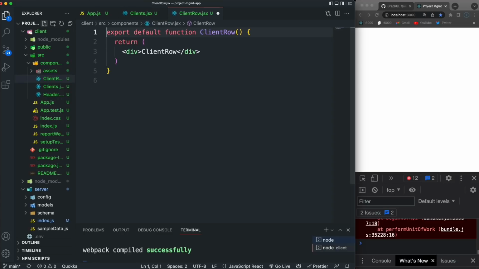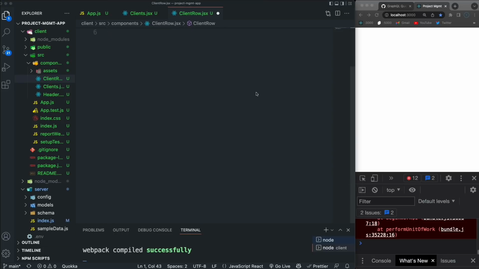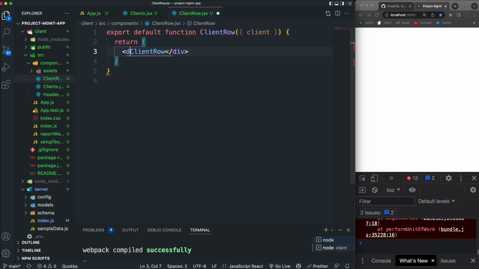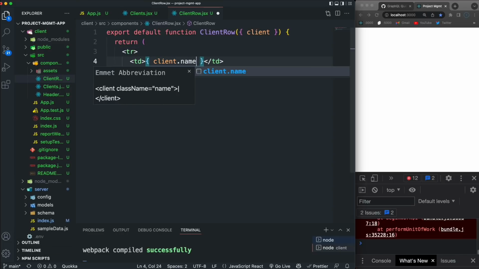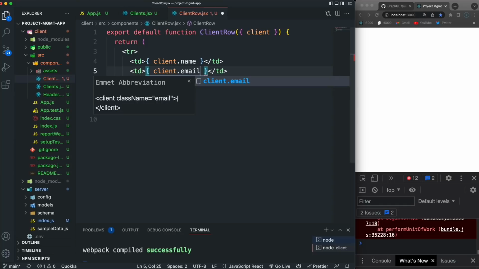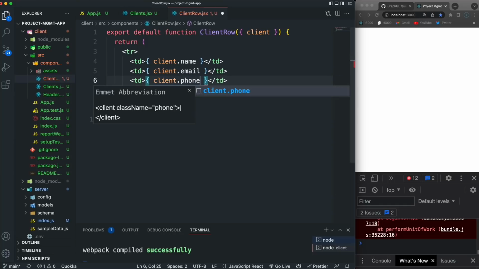All right, and then as far as props, it's going to get passed in the client. So props.client, or we can just destructure. And then let's see. Let's return. We'll return the table row directly. So this will be tr. What is going on? I hate when it does this stuff. So tr, and then the first column, so td, is going to be the client.name, and then we'll do the client email and the phone, and then the last one is going to be